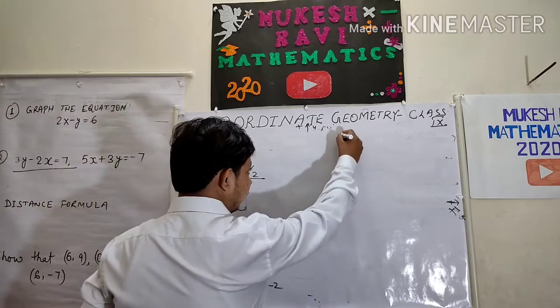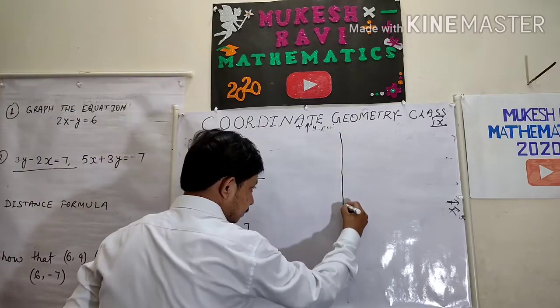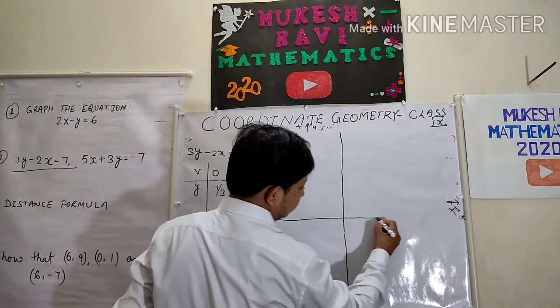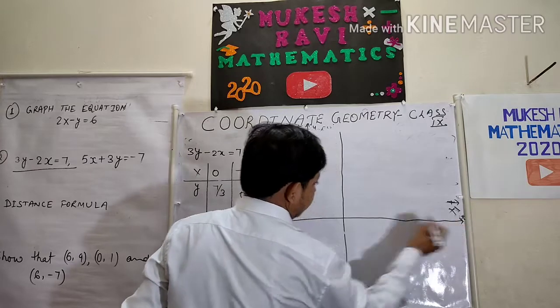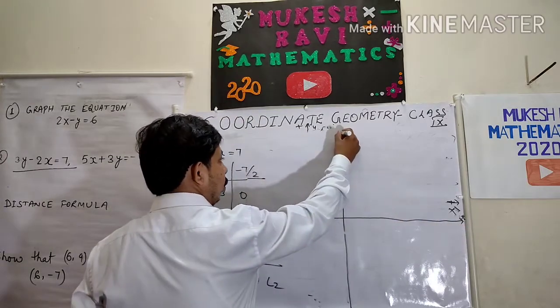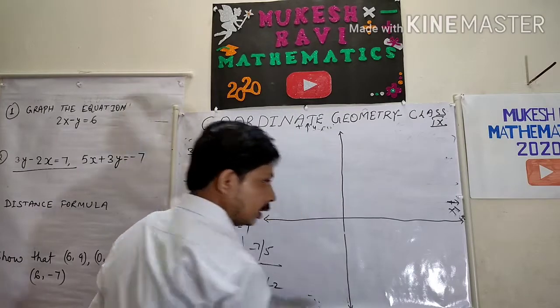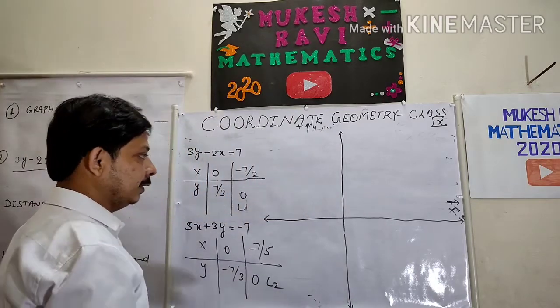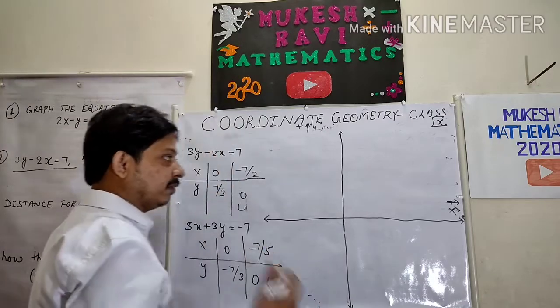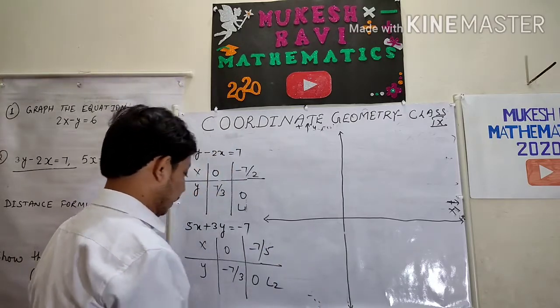Now plotting the graph. Use the graph paper. But before you use the graph paper, my suggestion is to take a white paper, use the scale and plot your line with the help of the scale, and then you find the value. It will give you perfection while doing it on the graph paper.